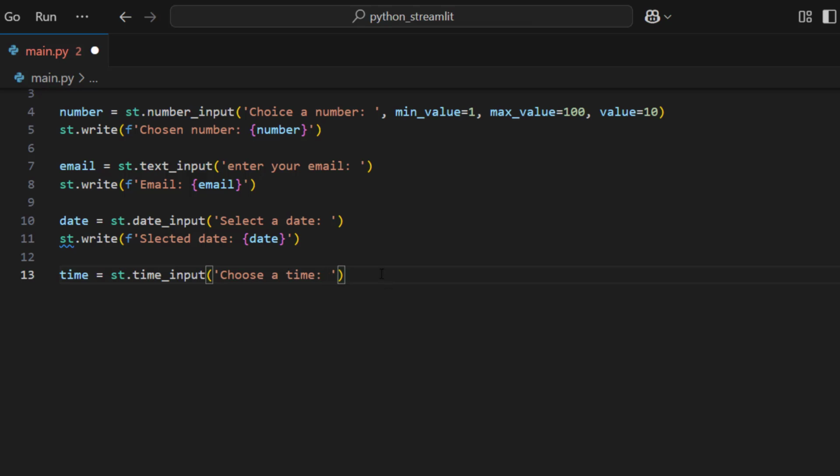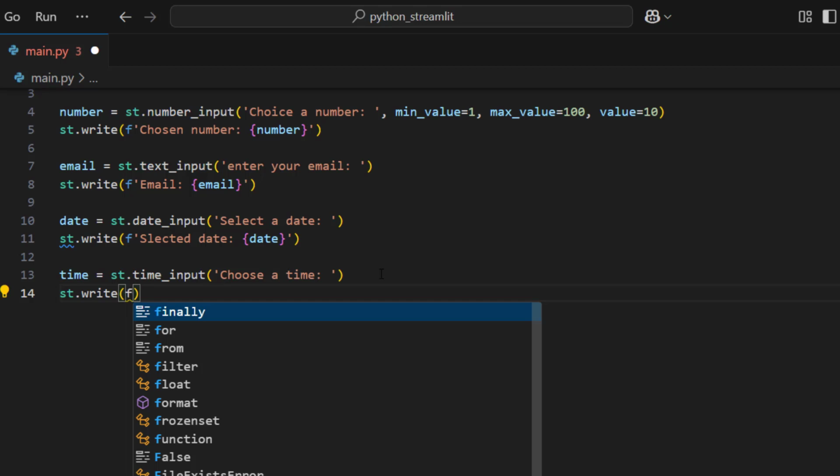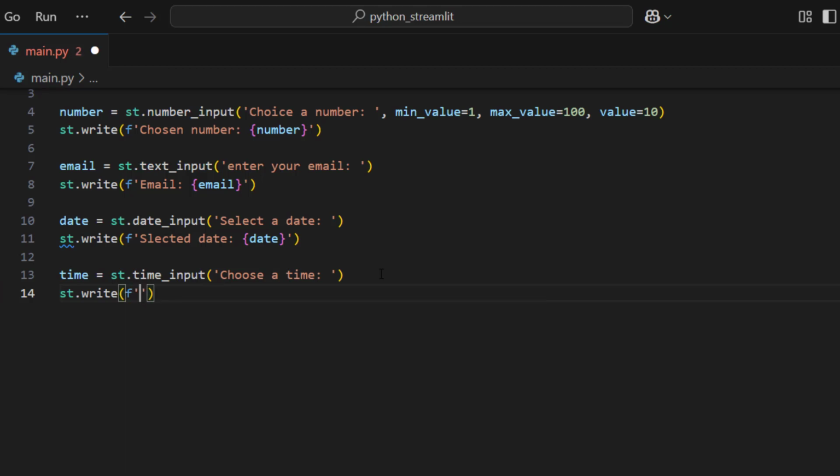Perfecto. In order to show the chosen time, I can say st.write, open and close, selected time, and then time. Save.